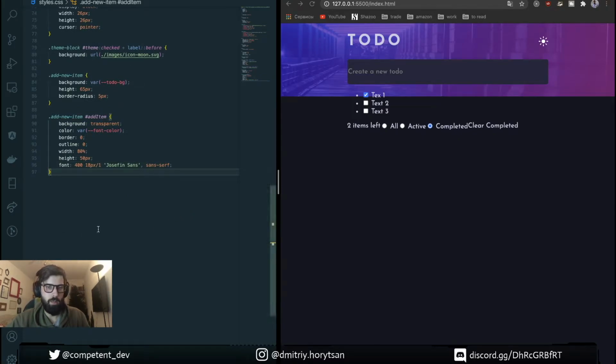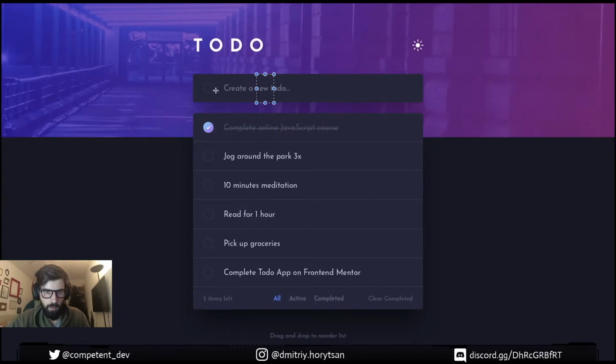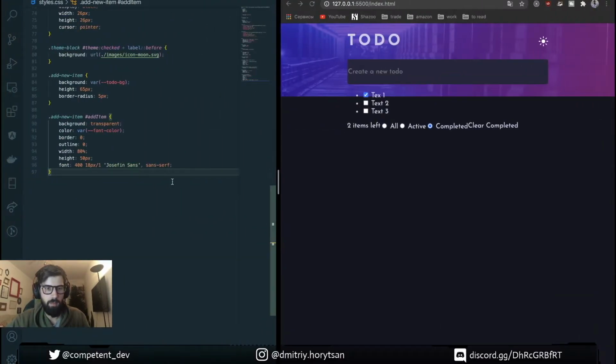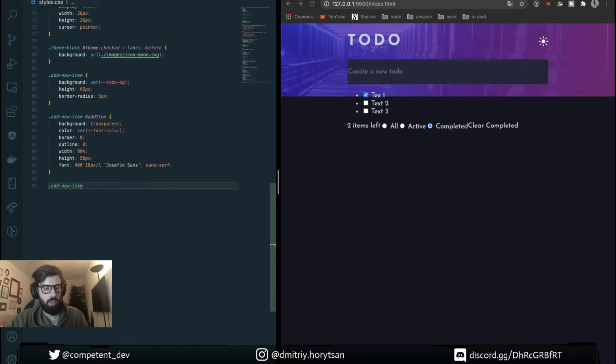The next step will be to show this rounded icon. For this we can use the item span.